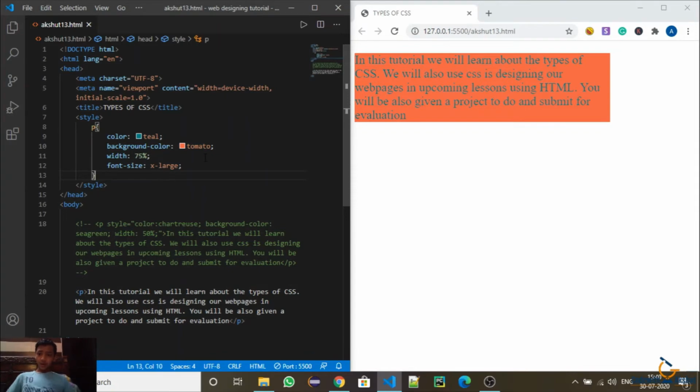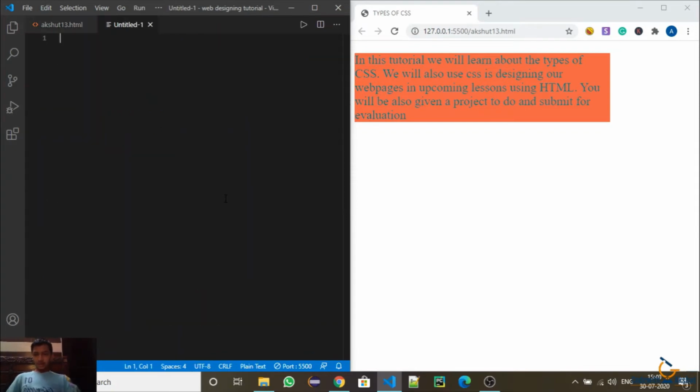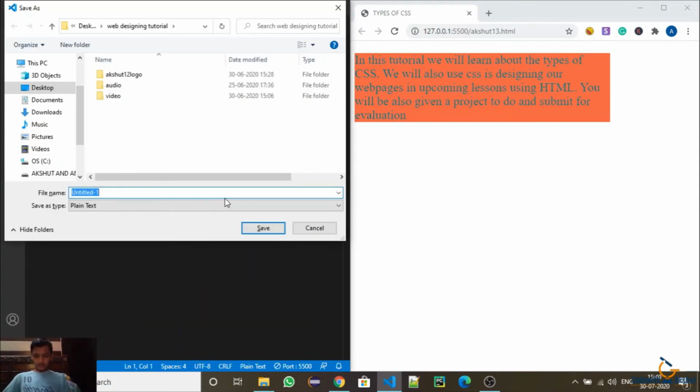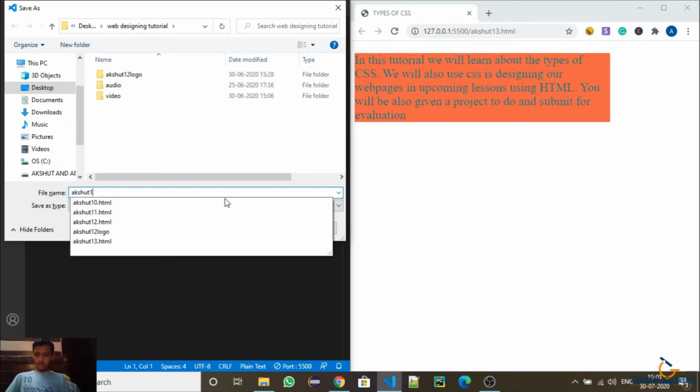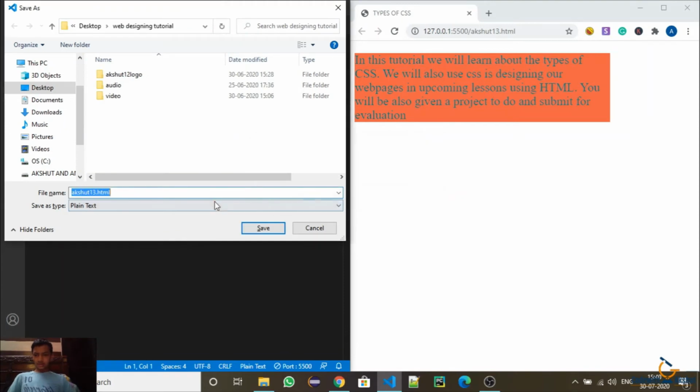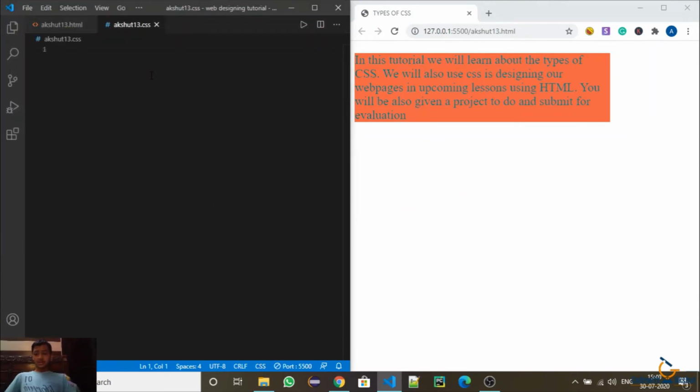Now if you want, I will make a new file and name it akshat13 dot html. I will change it to akshat13.css. Okay, now I have made one CSS file.